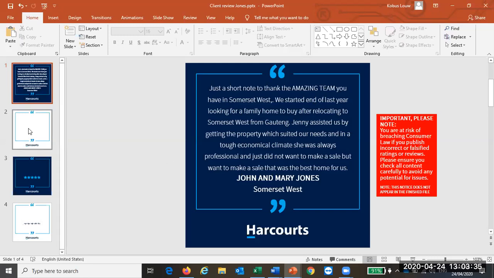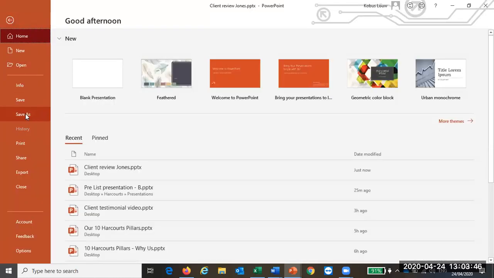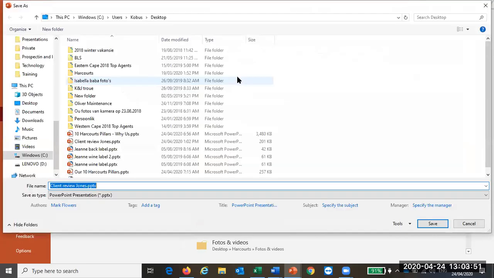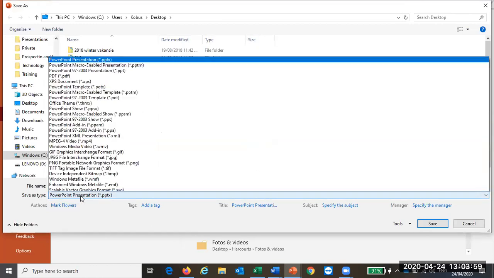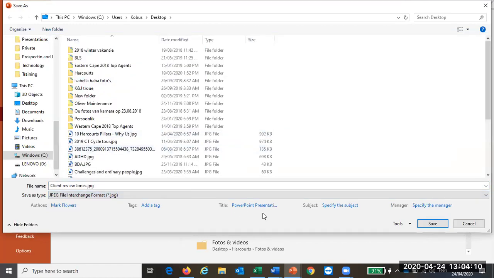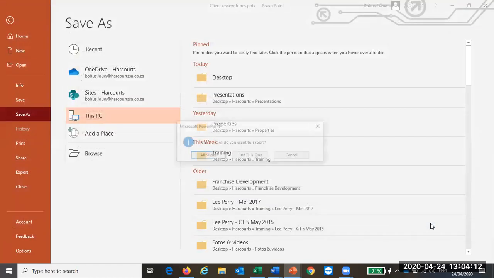Right, so friends, once I have saved this now as a PowerPoint, I want to extract this one slide as a JPEG image. So what I would do is I will go to File again. I will click on Save As again. But now, once I have selected the folder that I want to save that document in, I want to save it as a different file type. I want to save it as a JPEG image. So I go to File Type, I click on here, and I want to go to JPEG. Here it is. JPEG, file interchange format. So it's a .jpg file. I click on that, and I just click on Save. Now,